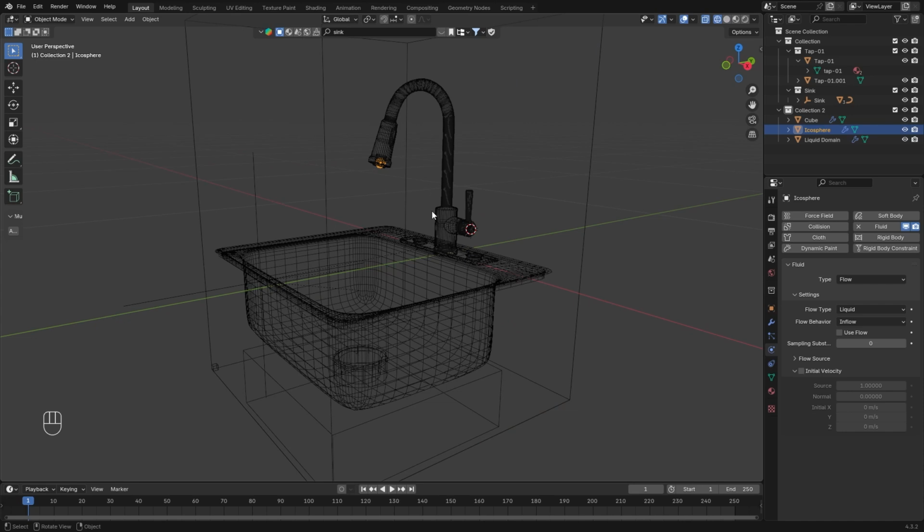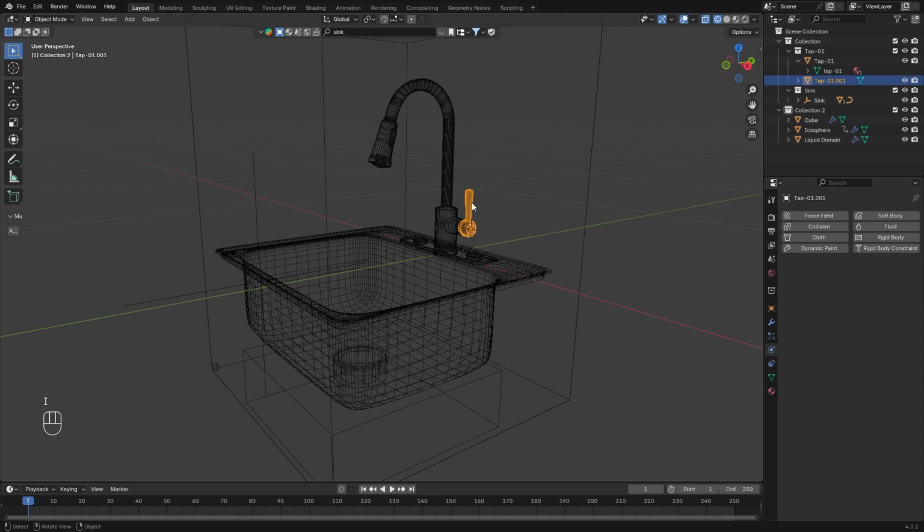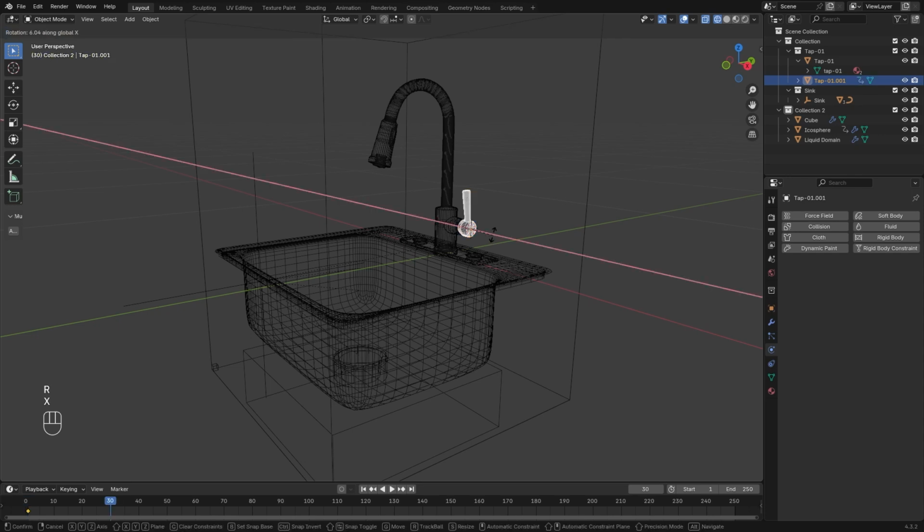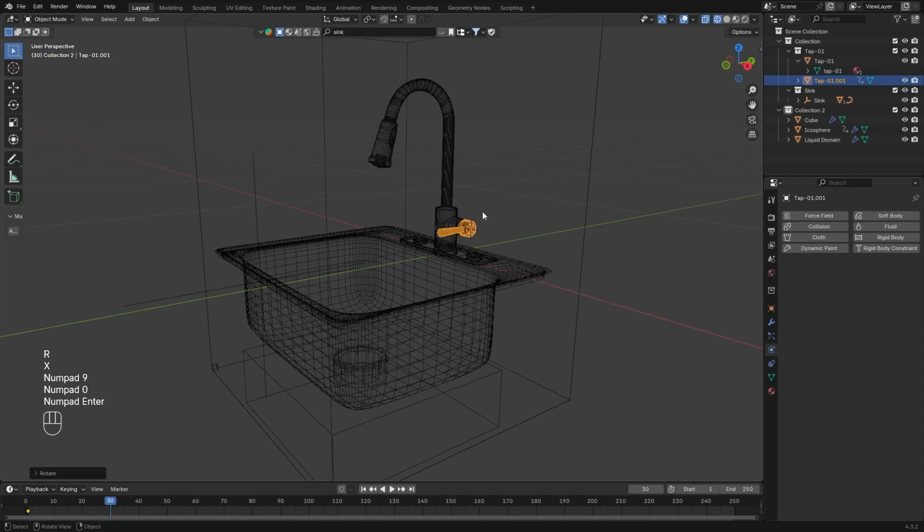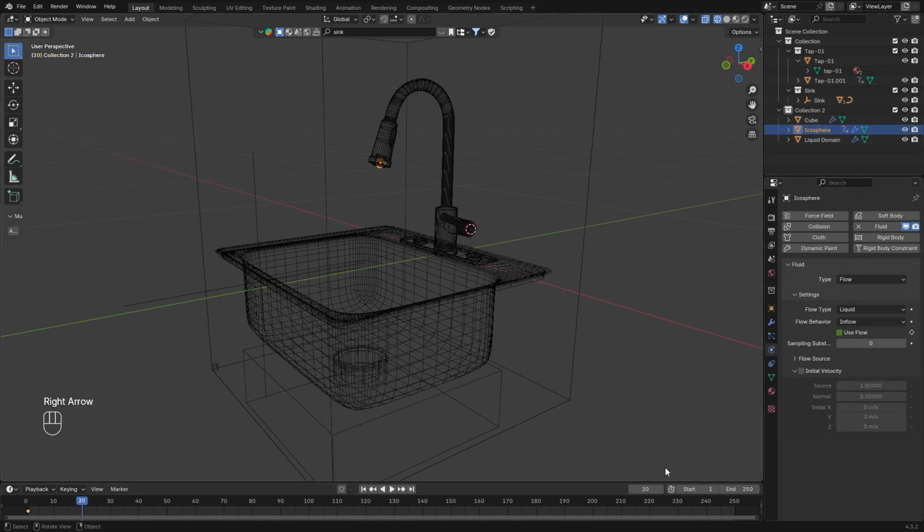So first I want the tab to be turned off, so I'm going to turn off the use flow and keyframe it with I. I'm going to also keyframe the lever. At frame 30 I will rotate it by 90 degrees and key it. Just for a bit more realistic effect, I'm going to jump back to frame 90 instead of 30 and keyframe